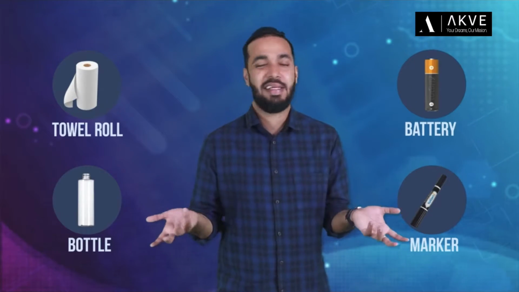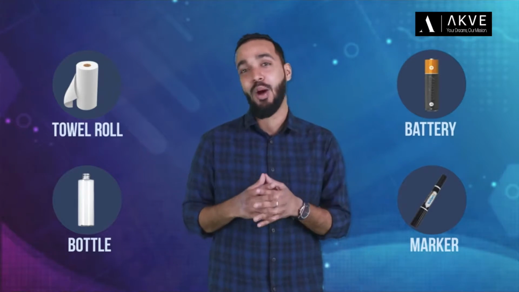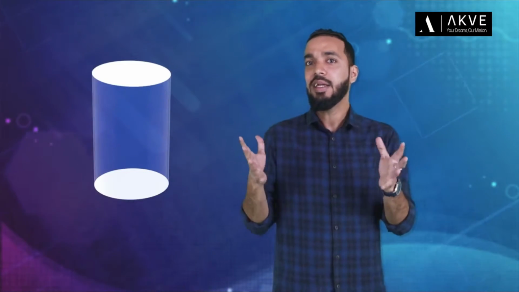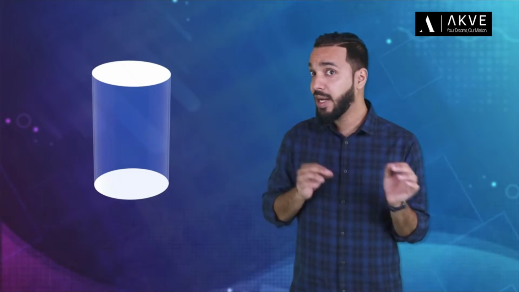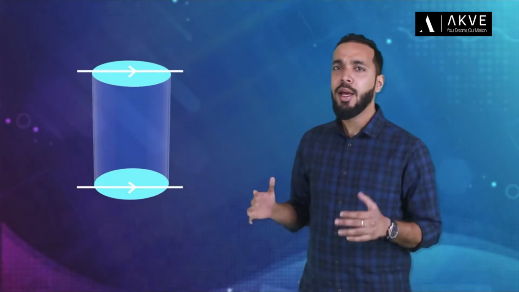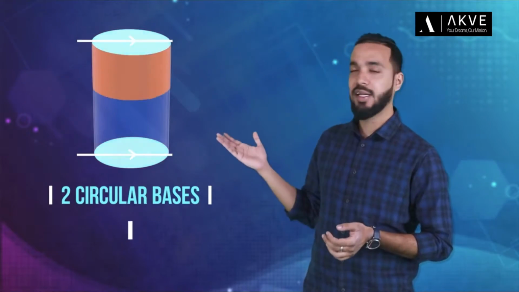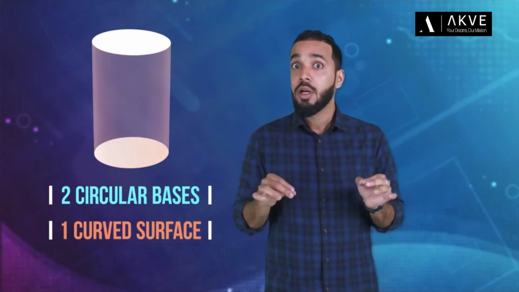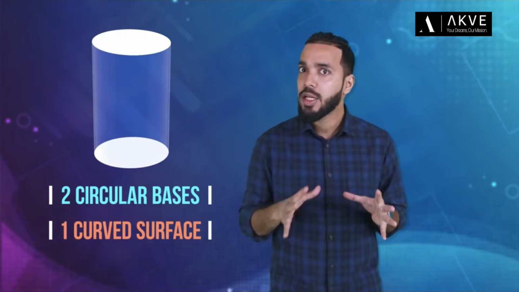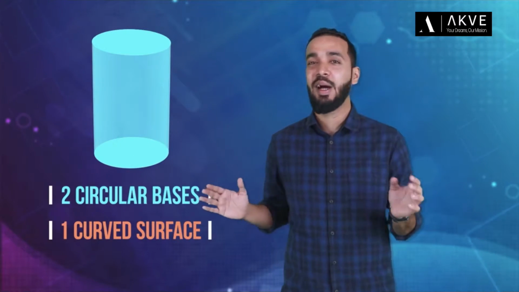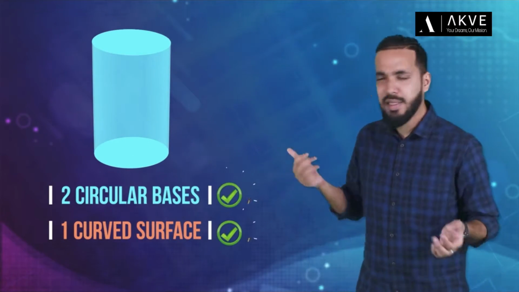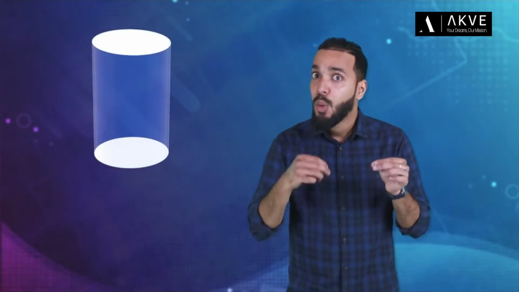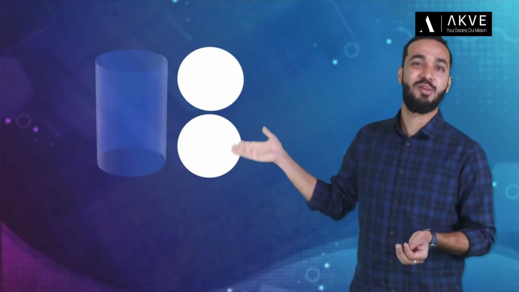We have all seen cylinders, right? They are pretty common. So we know that a cylinder is a closed solid that has two parallel, usually circular bases connected by a curved surface. So, to be able to understand the calculation of the total surface area of such a cylinder, we need to know its different parts. So, what would happen if we remove the end discs? We would get these two circular faces and then this curved surface, right?